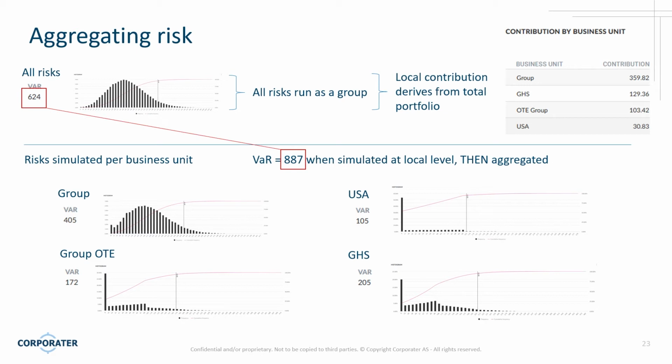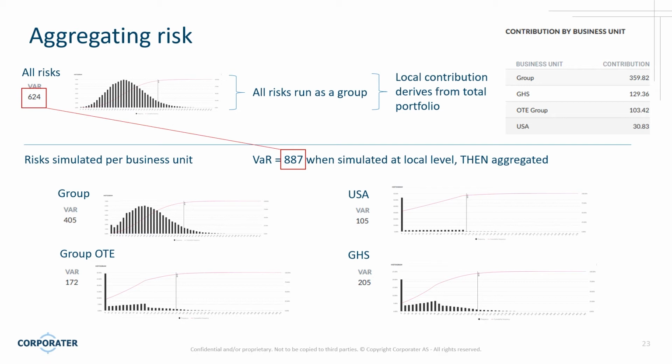But with statistics and risk, that is not the correct way to aggregate. If you were to calculate the value at risk locally and then aggregate, you will skew the numbers. And you can see that difference here. In the upper part of the screen,